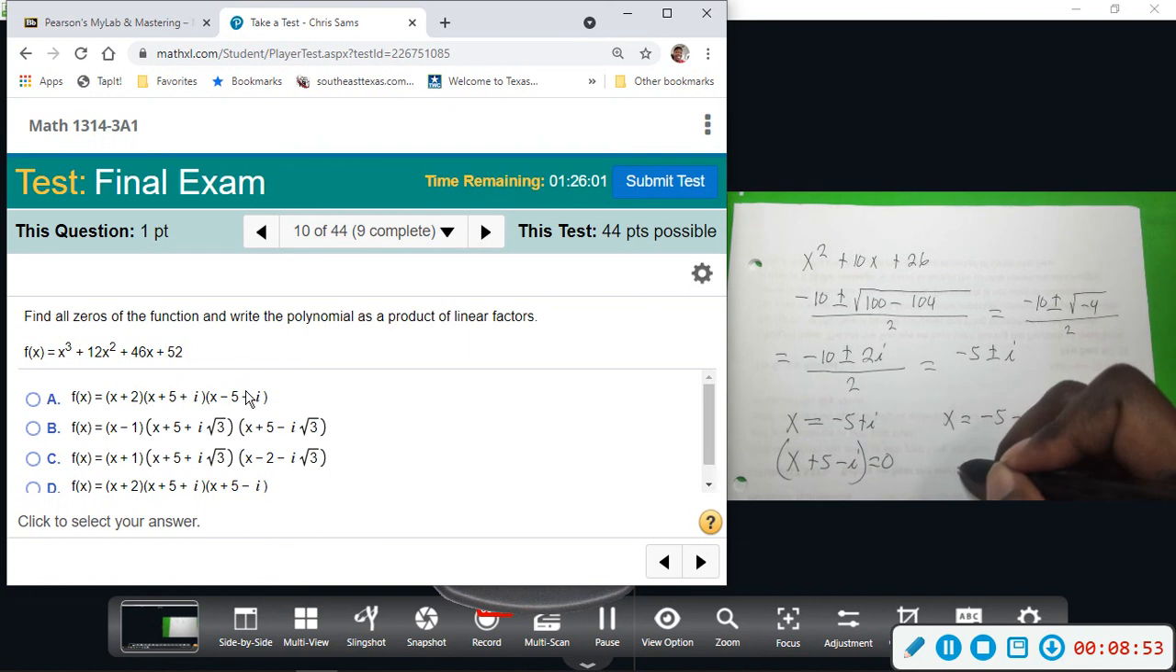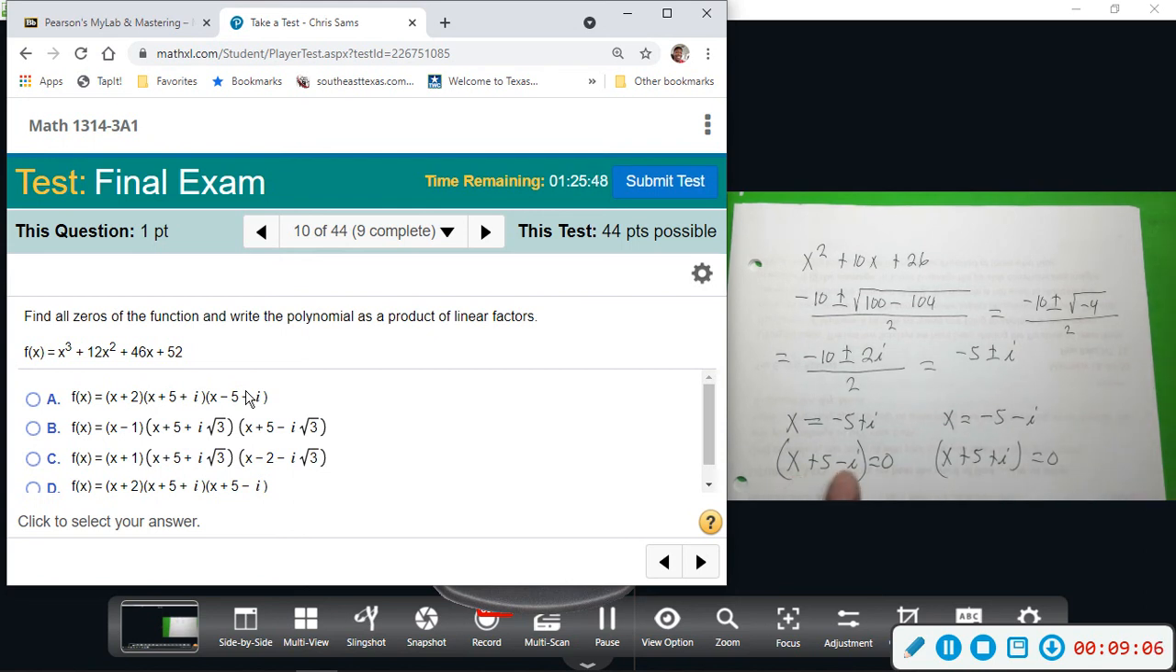And so I guessed wrong. It would not be A. X, and then you add 5 plus 5, and then add i plus 5. So that would be equal 0. So plus 5 minus i, plus 5 plus i. So we would actually want D once we